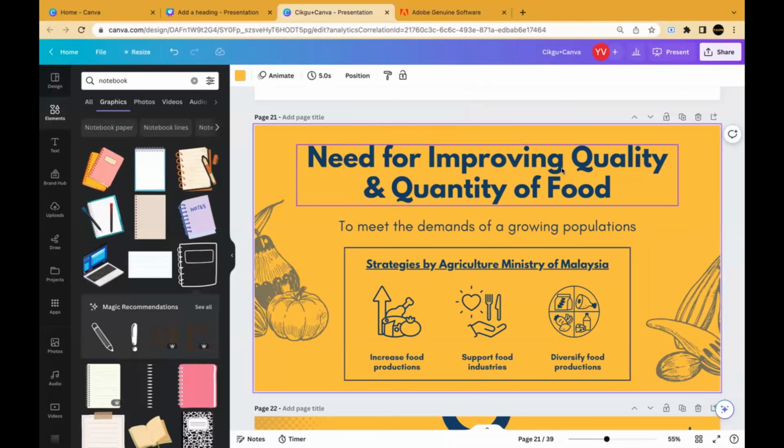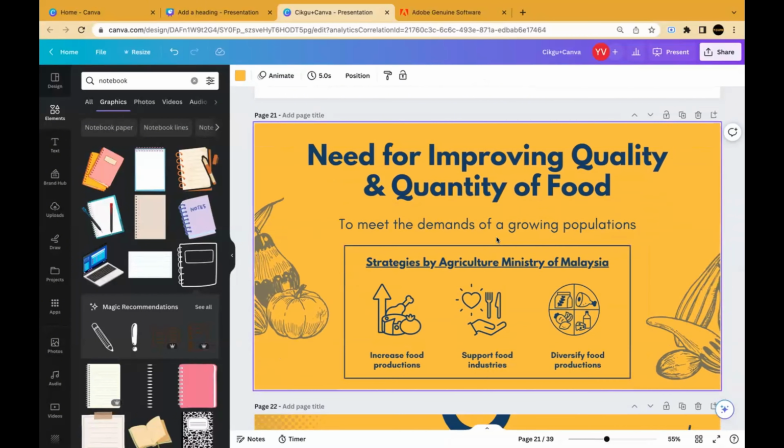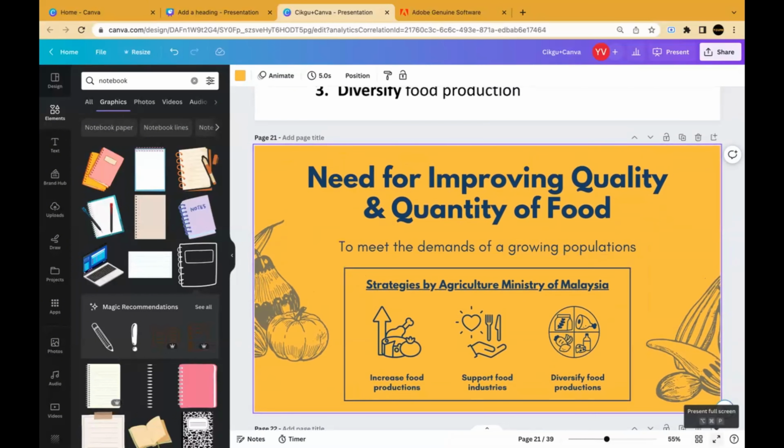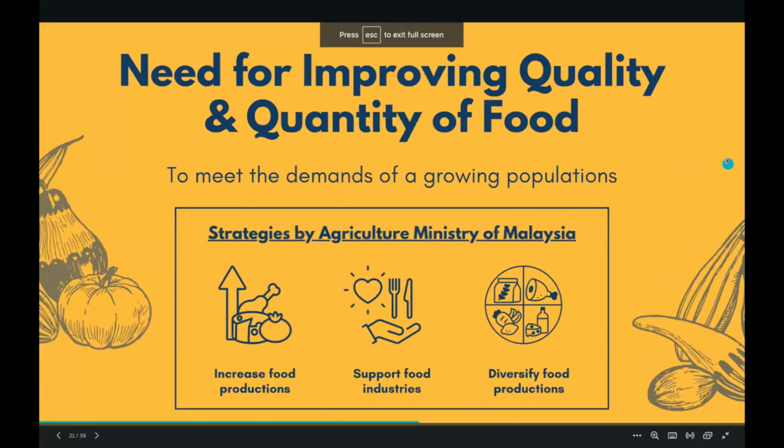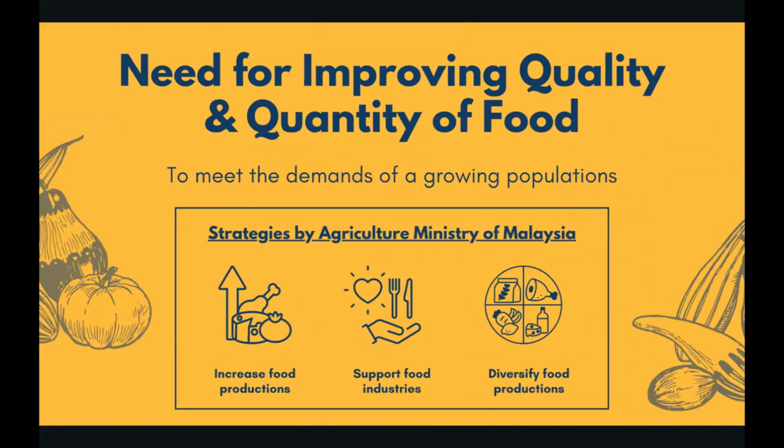So I highlighted the title, I bolded the title, like Joanne said, and put a little bit of icons. And then below the icon is what represents the icon. So this is clearer for the students. Isn't it clearer even for you guys to understand what the slides are trying to deliver? It's easier, right? That is why choosing your colors and playing around with icons is very important,